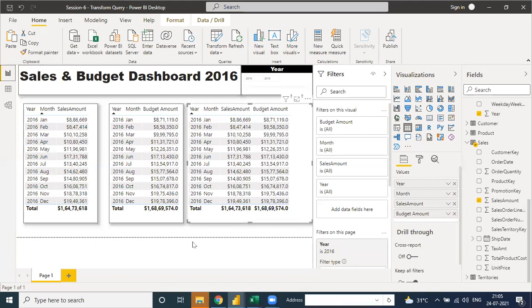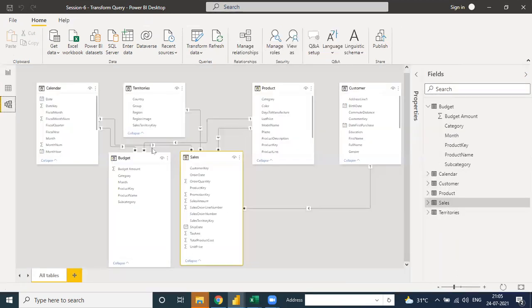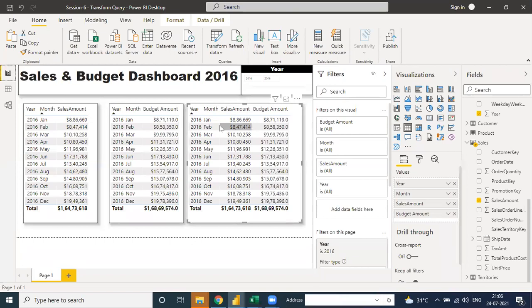We can use a table also in Excel. But when we use the table, your table is not connected with the sales or budget. You need to connect two pivot tables into just one, and it will take maybe half an hour or maybe 45 minutes. But here in Power BI, it takes just 2 minutes. When you make the connection with sales and budget, it will take just 2 minutes to build this kind of report.